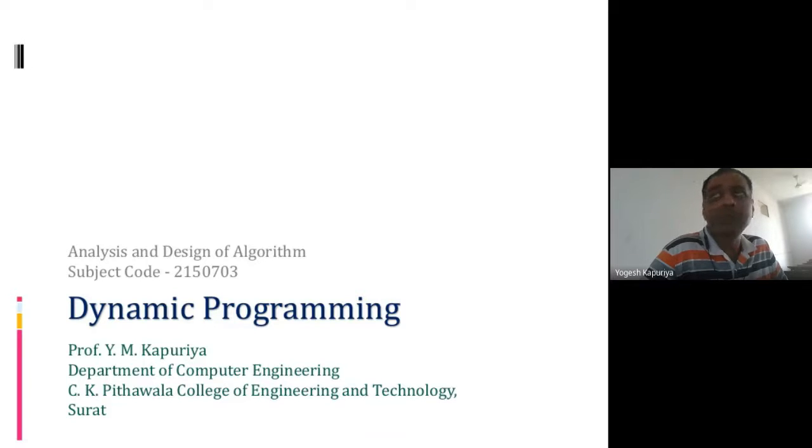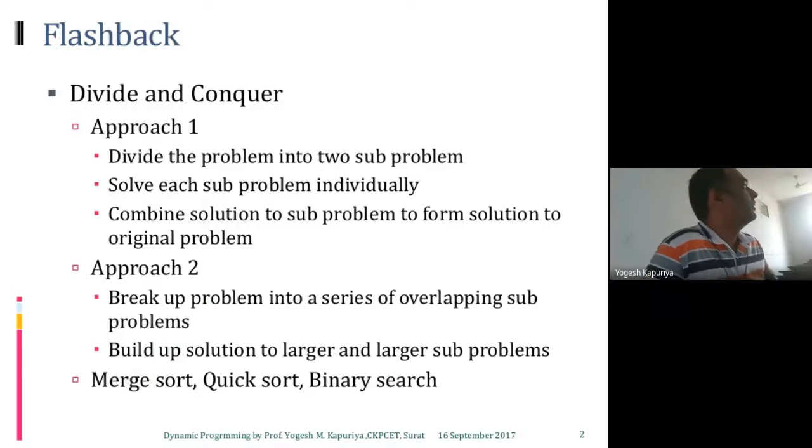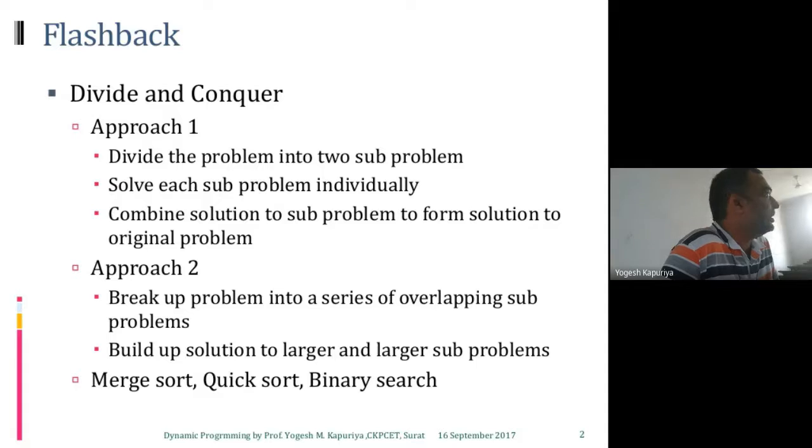Okay. So, I think today we are going to start with a new topic that is on dynamic programming. Now, as the name suggests, there are two words basically which are involved, that is dynamic and programming. But before we understand those two words, let us quickly review what are the designing approaches which you have gone through till now.